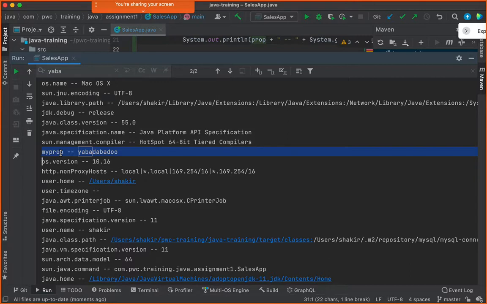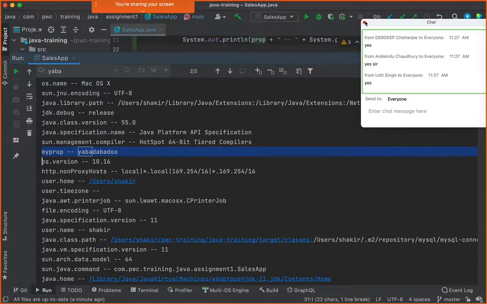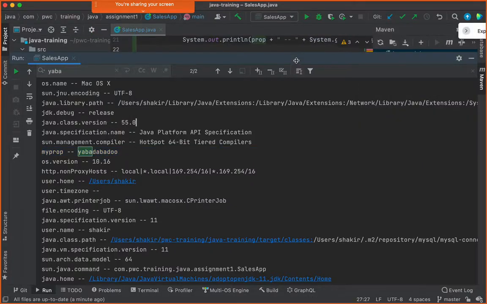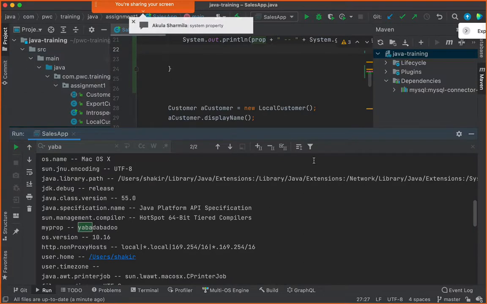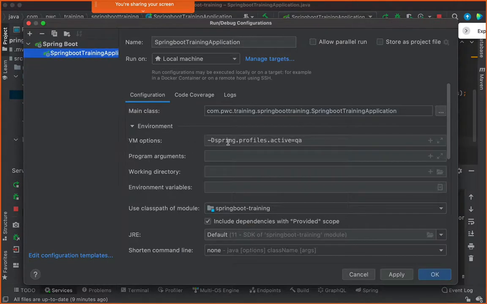Hello friends, please confirm that you have understood what is -D. -D stands for what? Is that clear? Correct. -D stands for the system property, nothing but the system property that you provide to the JVM. Yeah, it is just the system property that you provide to the JVM. Okay, I'll close this application here. I'll come back here. So this is how it is, friends. In this Spring Boot application, you can very well specify -D, and so on.